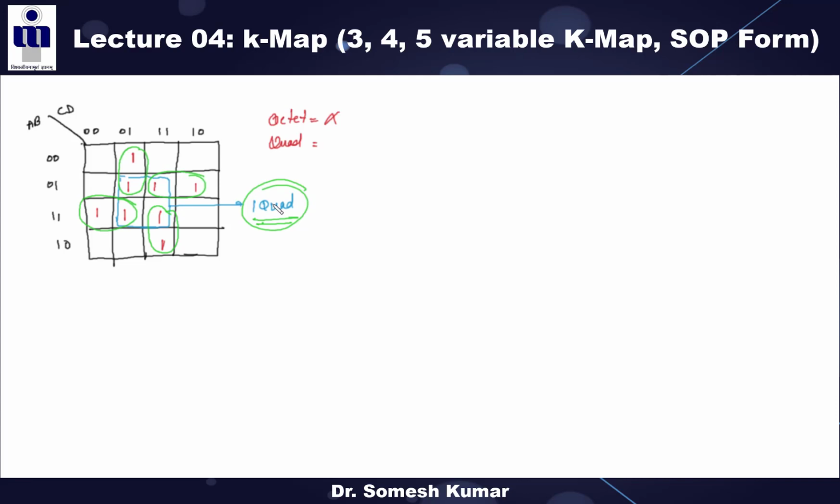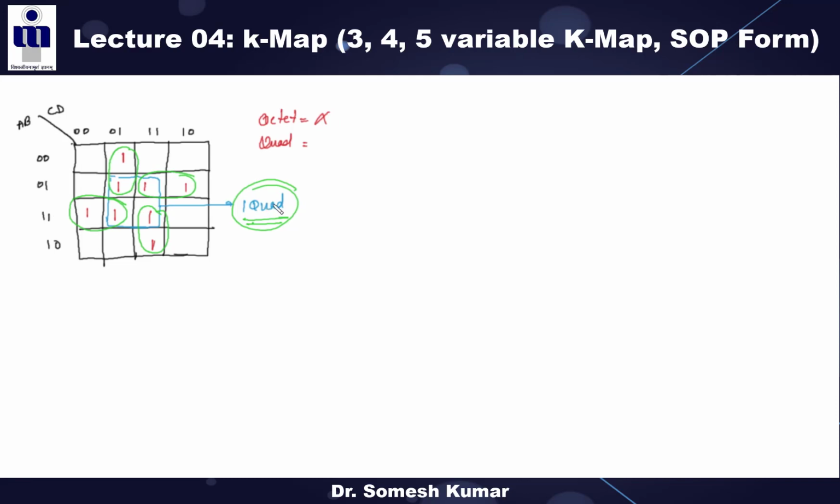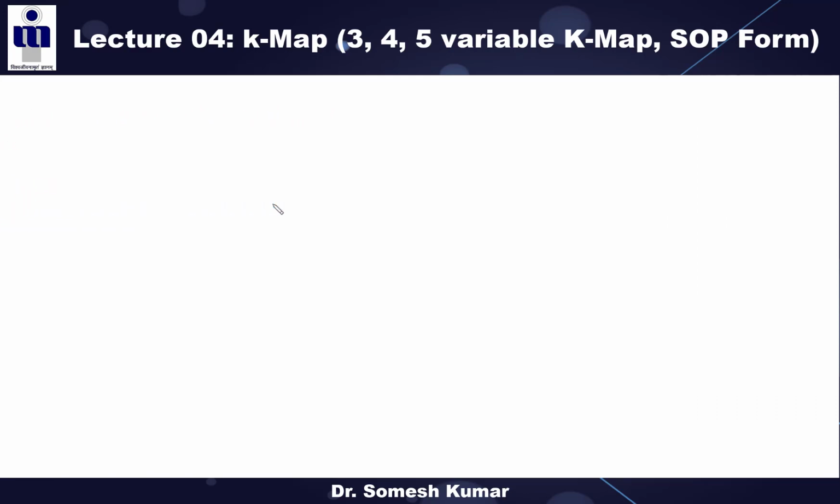Clear? Now we are going to the 5 variables, right? Up to 5 variables we will study because there is no use of using the K-map when there are more than 5 variables, right? And in the exams, up to 4 variables, or in the maximum in the maths case up to 5 variables, the examiner can ask, right? How to solve a function using the 5 variables, right? So one last example I am taking for the 5 variables SOP form, right? So now you know these are your 5 variables.